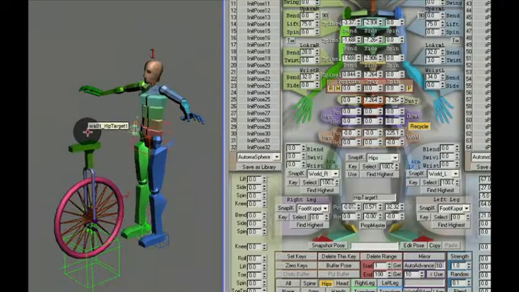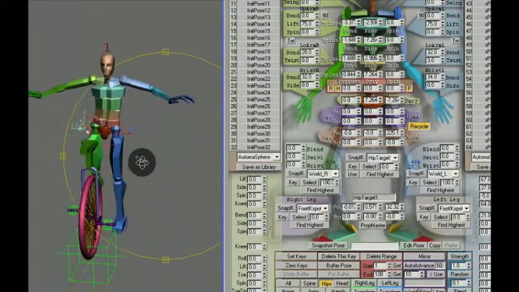So right here we'll see that there is an IK target already set up for the hips, and if I hit the select button, we'll see that right here it is hip target number 1, and that's linked to the seat. And let's look down here and we'll look at the pedals,